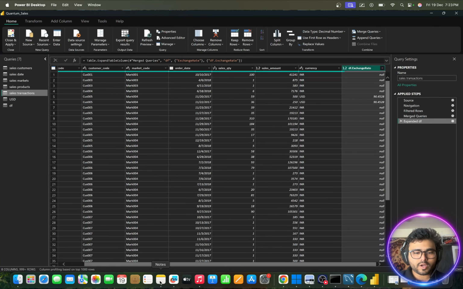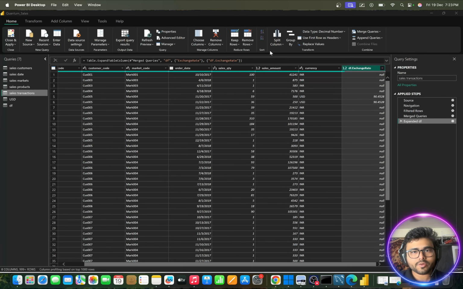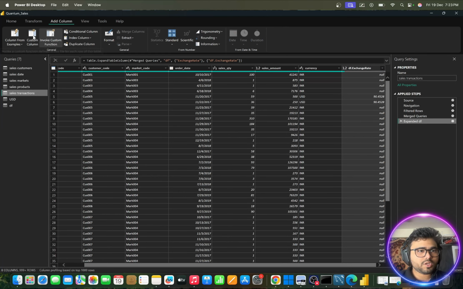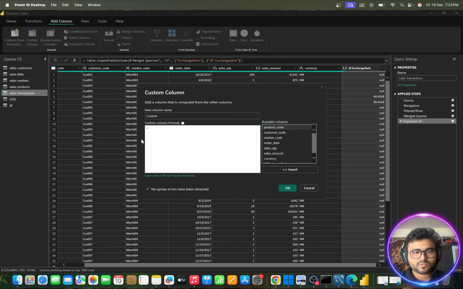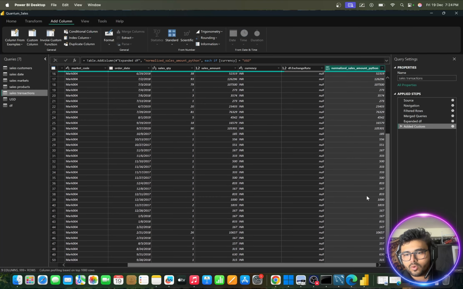And now we can go for our normalized sales amount Python formula, and I can create a calculated field or add a column. So I will go here, say custom column, and I will remove it from here and put it here, and yes, now you see here we have this df dot exchange rate also. Let's say okay, and as soon as I do this, now you see I'm getting the normalized sales amount Python without any error,